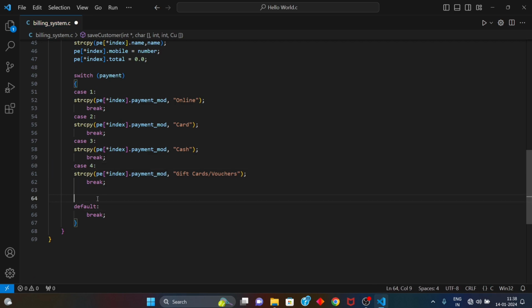And we print the default. We write a print: wrong payment method selected. Simple idea, and we don't have a break here. And return, simply we return. Then here we write another